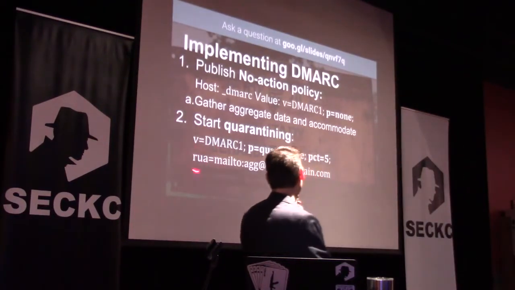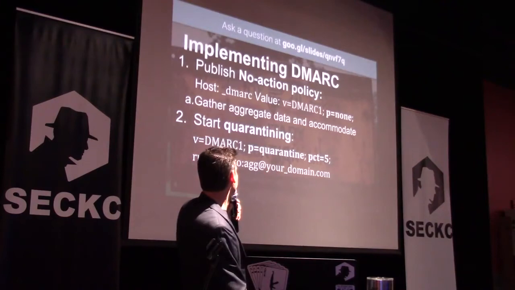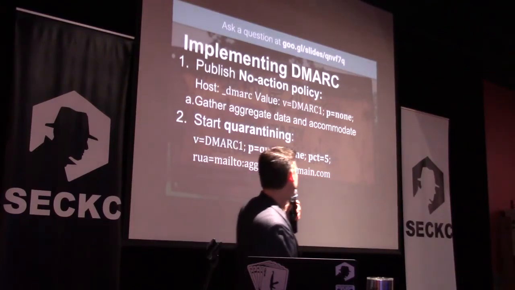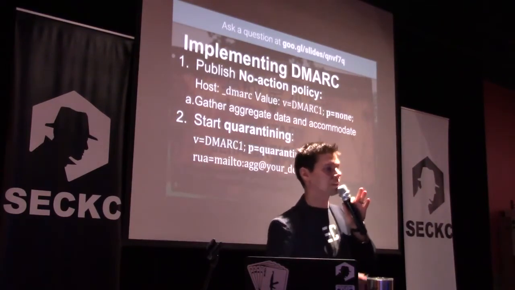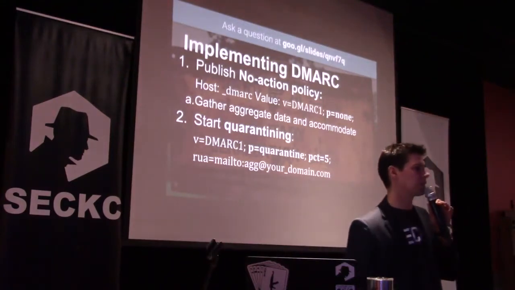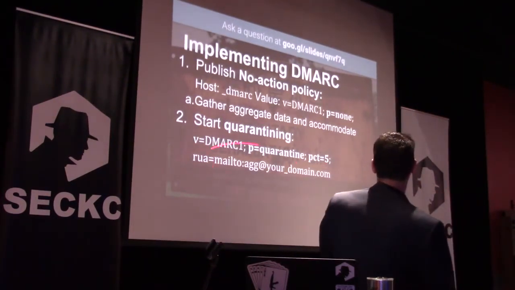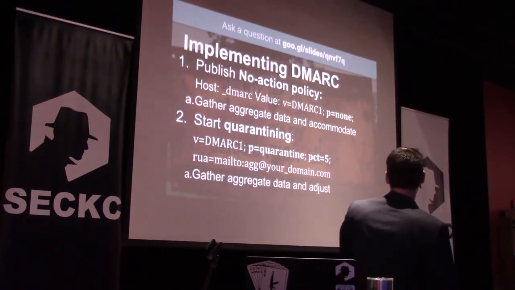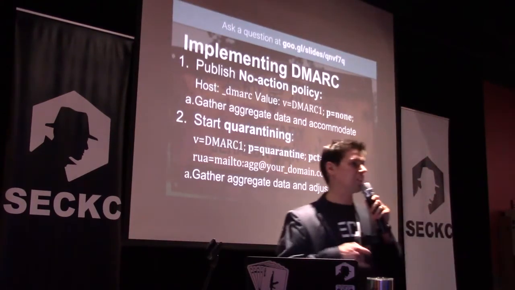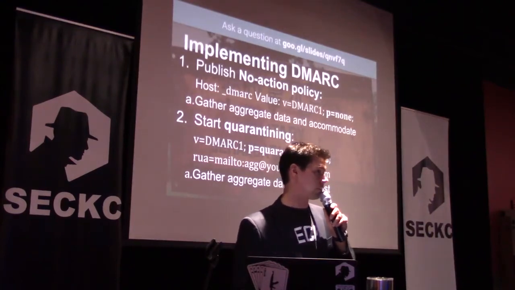And then you've got a reporting URI for aggregate reports. Don't use your domain, because it sends a ton of XML reports that you have to use a translator for. I'll show you an easier way to do it, but you have to specify where you want reports to go. So again, you're going to gather aggregate data, make sure a lot of stuff's not getting rejected that shouldn't be,